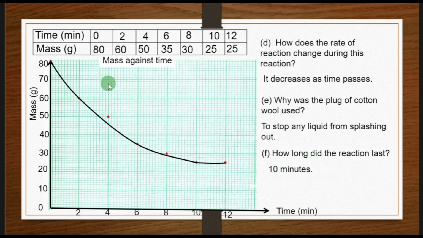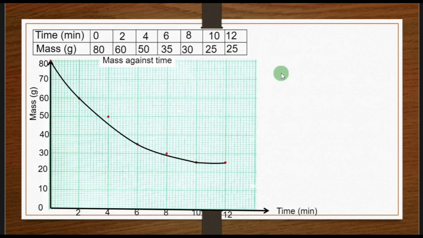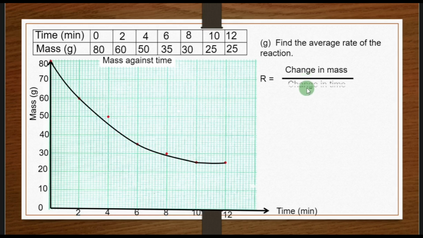All right, so let's look at another question which says find the average rate of the reaction. So we also need to find the average rate of reaction. So rate is going to be equal to change in mass over change in time. All right, that is also a formula. So change in mass over change in time, because you can see that we started from 80 to somewhere 25, and then from 0 to somewhere 10 there. So we are going to say rate of chemical reaction is equal to